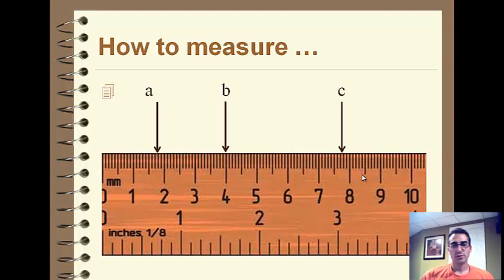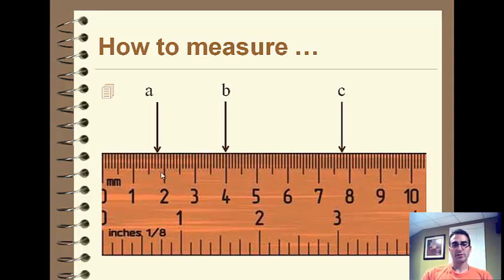Now we're going to go into a little bit on how to measure. And measuring is something that is a little confusing because some people get confused on when to round. And here I pulled up a ruler so you can see that this is just a zoomed in view of a ruler. We have units of centimeters. So this is 1 centimeter, 2 centimeters, 3, 4, 5. And the little lines in between, notice that each centimeter is broken up into 10 pieces,